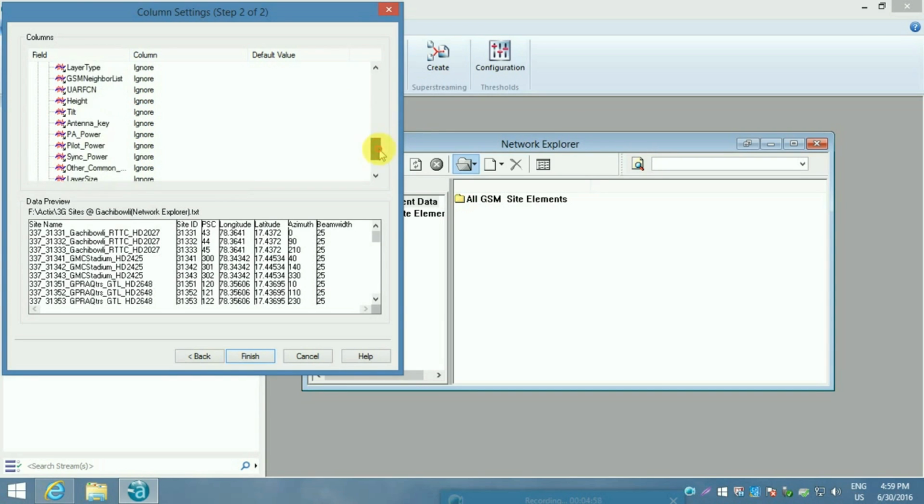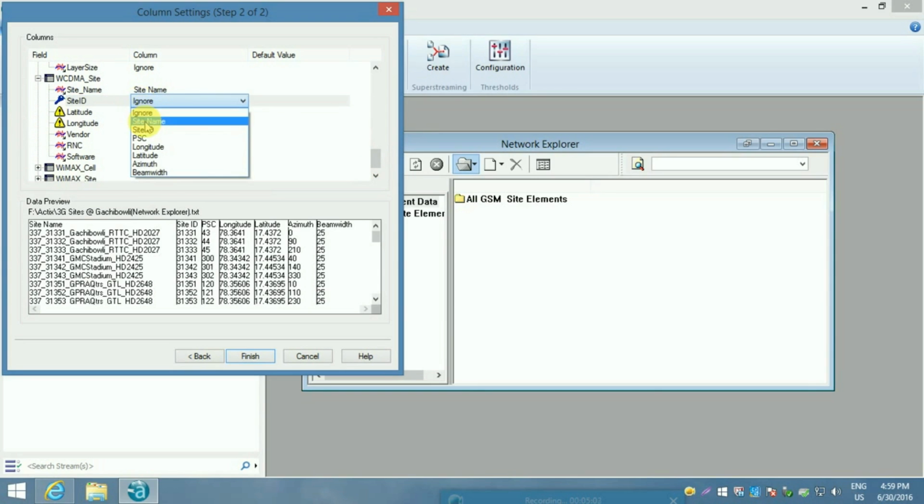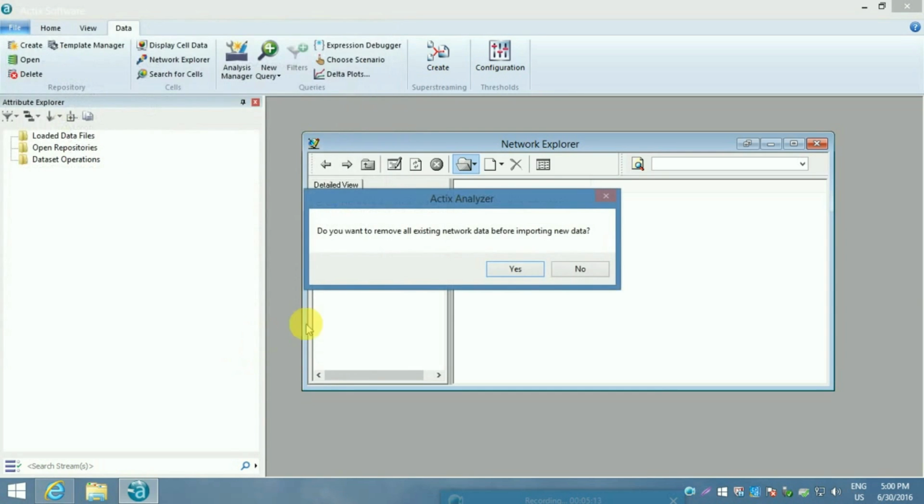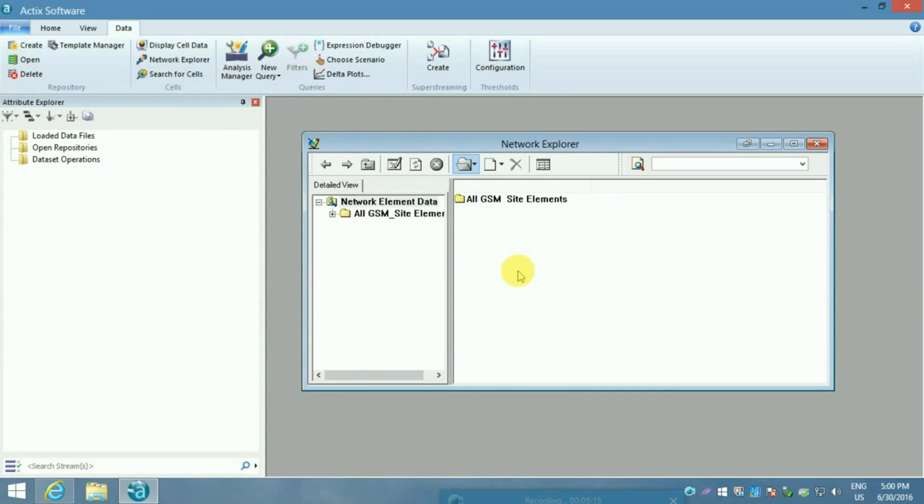SC refers to scrambling code. Latitude and longitude have a great importance in RF planning and optimization. Without them, it's almost impossible to plan and optimize the network.